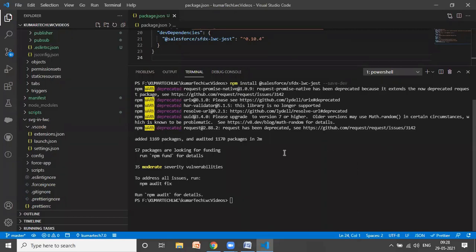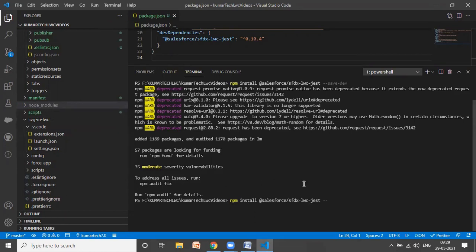Okay, guys. One additional point I forgot to explain. In case, after we are done till npm audit fix force, this folder still doesn't show, I mean after manifest this folder will show node_modules, and in case it doesn't show in your org, no issues. Just type this command: npm install @salesforce/sfdx-lwc-jest --save-dev. This command will install a fresh node_modules. Then afterwards we again need to do the audit step.